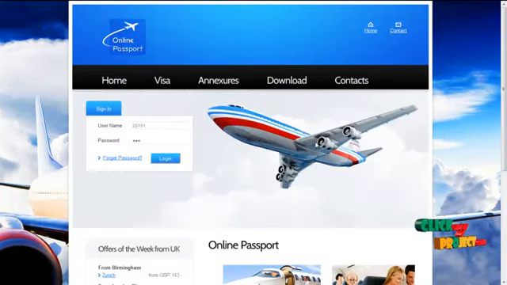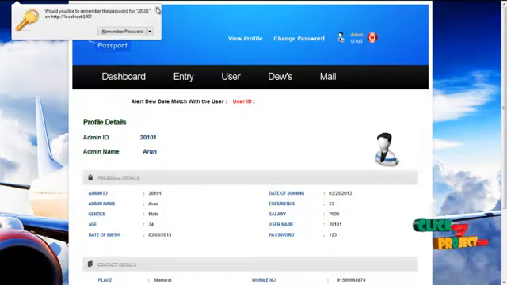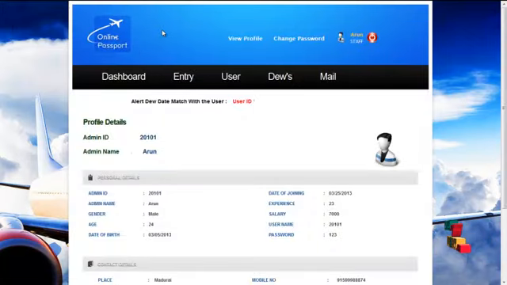The next module would be the staff module. The username for staff is 20101 and the password is 123. By clicking on the login button, the staff can log in into our system and can access the service offered to him. The first page would be the home page, which contains the profile detail of the staff who logged